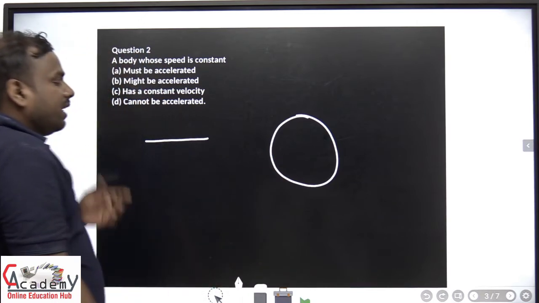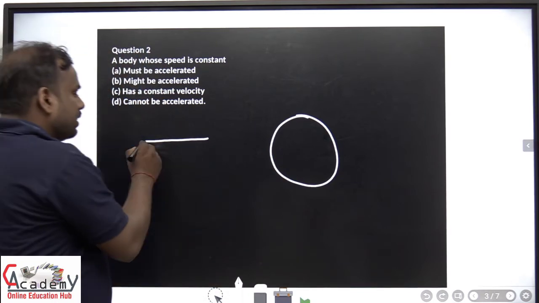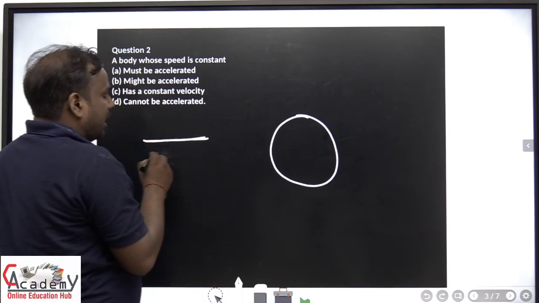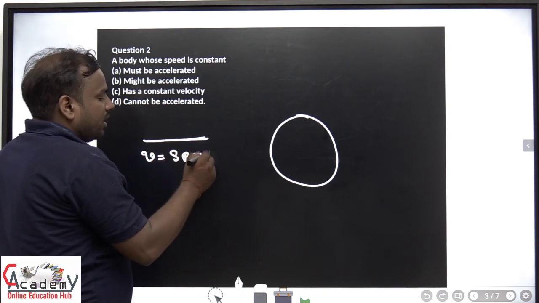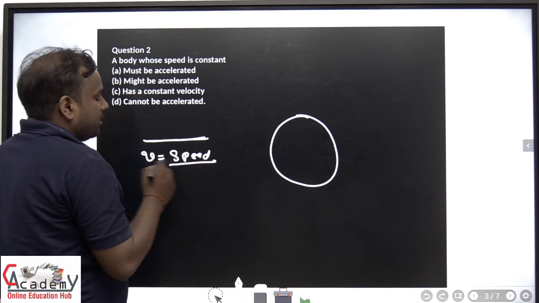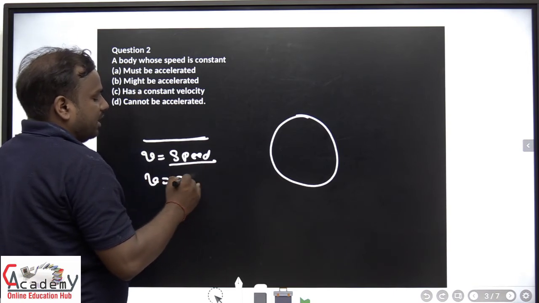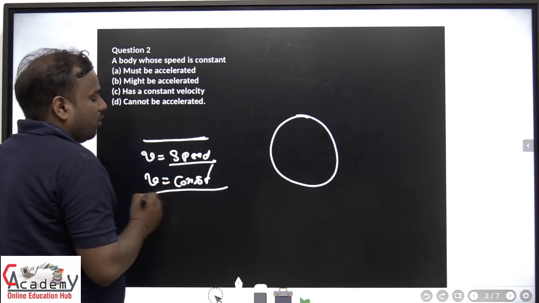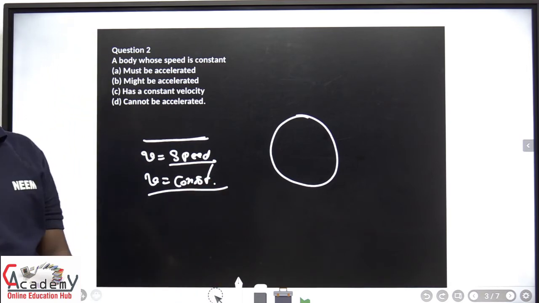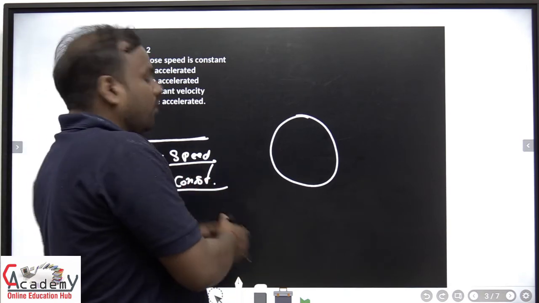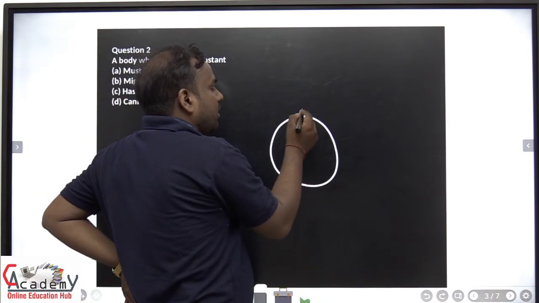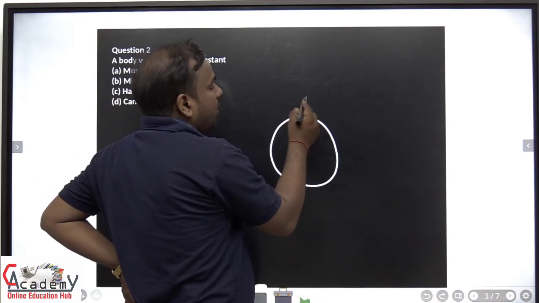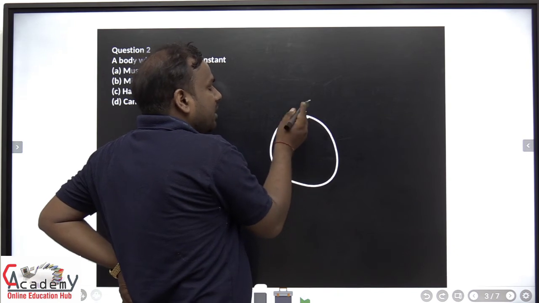If speed is constant on a straight line, then velocity will also be the same, equal to speed, which means velocity is also constant. When a body moves in a straight line, velocity will also be constant. But when a body moves on a circular path, it changes direction